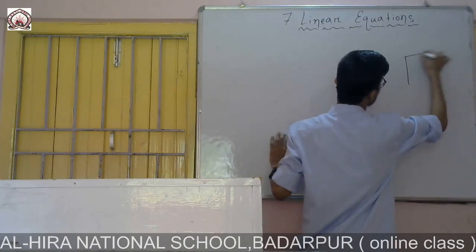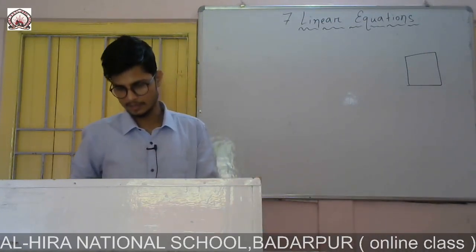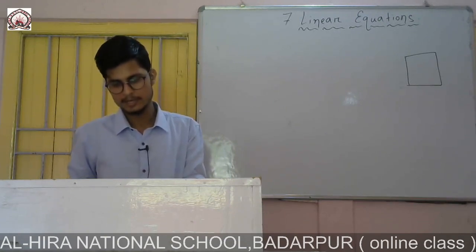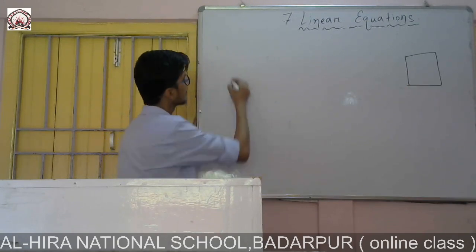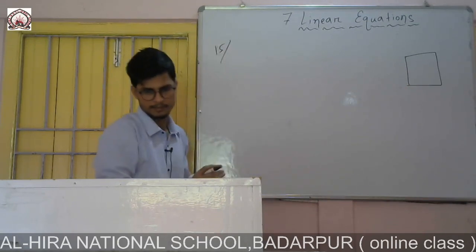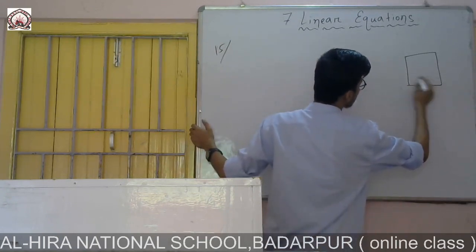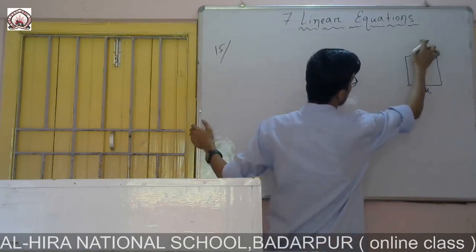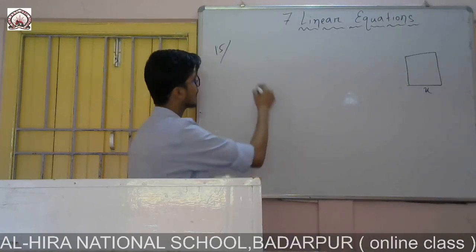So this is a square, which was Madhu's flower garden. Let it be this one; later on we will enlarge it. So write question number 15. Let this one be that square, so all sides are the same. They are also x, they are also x, they are also x. All sides are x.